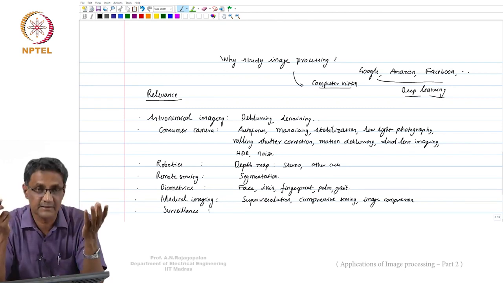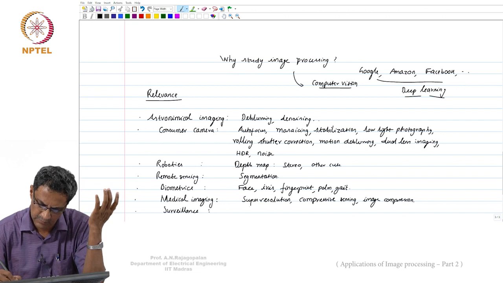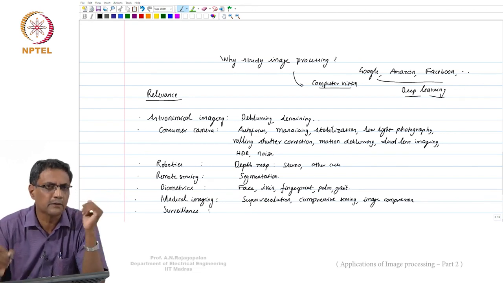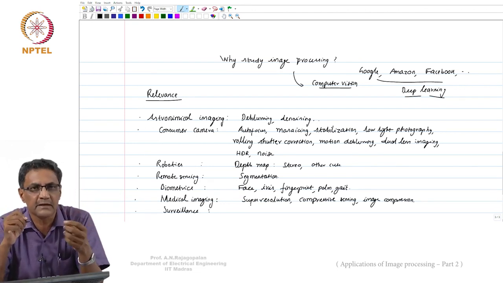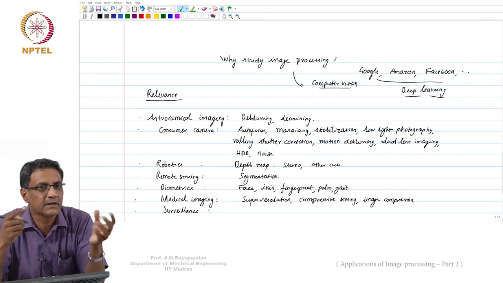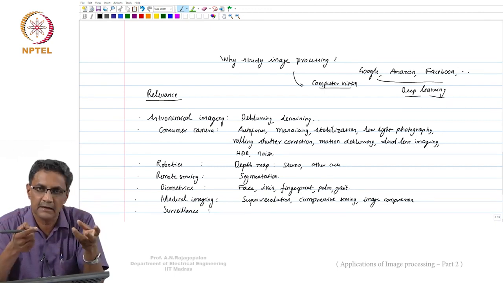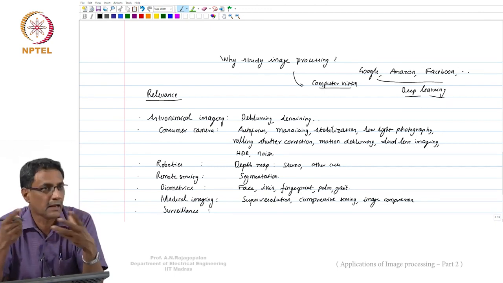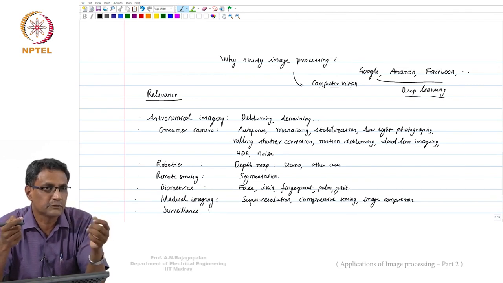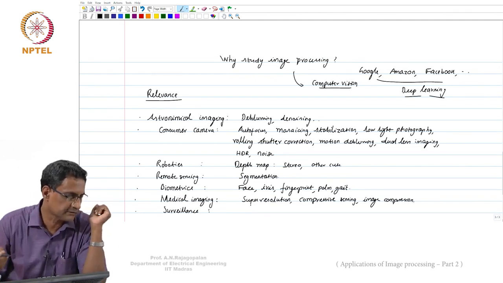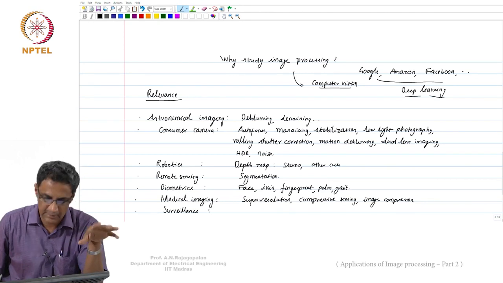So in such cases, surveillance, but now there are advanced imaging techniques that can tell when something is unattended, a baggage is lying unattended for a long time, so an alarm can be flagged and so on, so that somebody can then take appropriate action. So there are many algorithms that come around this.